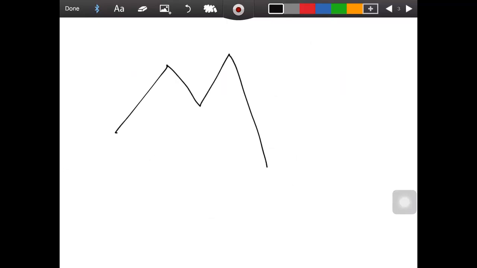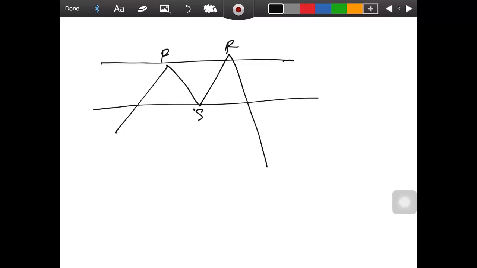So you draw this as resistance 1, resistance 2. Note that resistance 1 and resistance 2 will not be exactly on the same line, but they'll be around the same area. So this is the support. Draw the neckline. You sell once price goes below the neckline. Your stop loss is above the previous resistance, and your take profit is 2 times your stop loss. You can make that 3 times or even 4 times. It all depends on your own trading strategy. So this is a double top